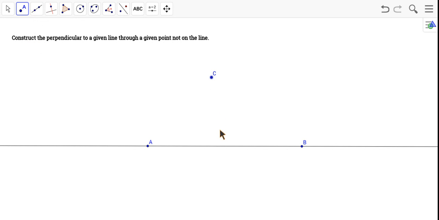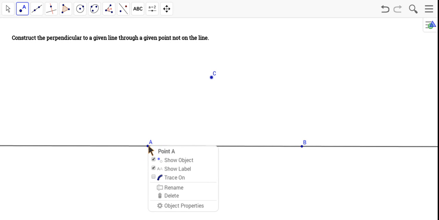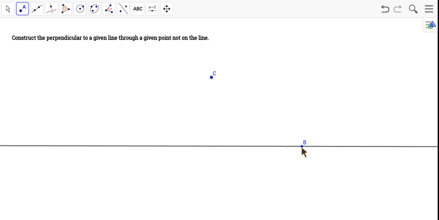Now, in this case, we're going to ignore A and B. In fact, if you right-click on point A and select Show Object, and right-click on point B and Show Object, you can get rid of them entirely and not have to worry about them for the rest of this. That could throw you off a little bit with all those extra points lying around. So the first thing we need to do is draw